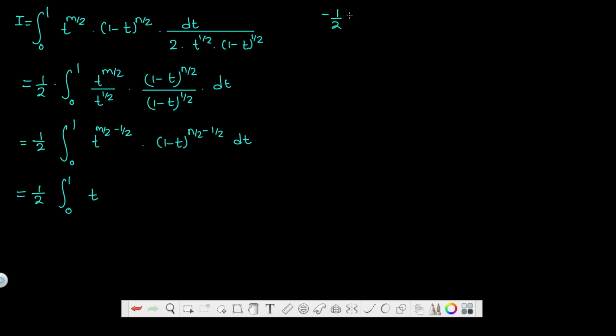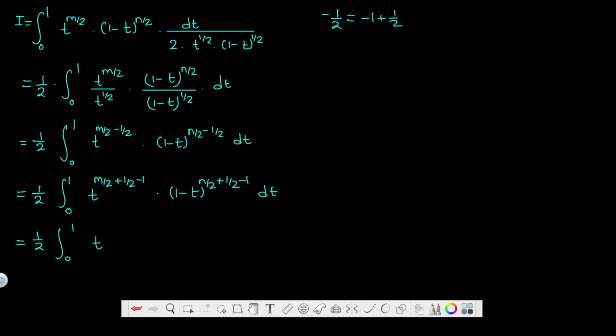Minus 1 over 2 is the same as minus 1 plus 1 over 2. So instead of minus 1 by 2, we can write minus 1 plus 1 by 2. So we have m by 2 plus 1 by 2 minus 1 times 1 minus t to the power n by 2 plus 1 by 2 minus 1, dt, equals 1 over 2 integral from 0 to 1 of t to the power